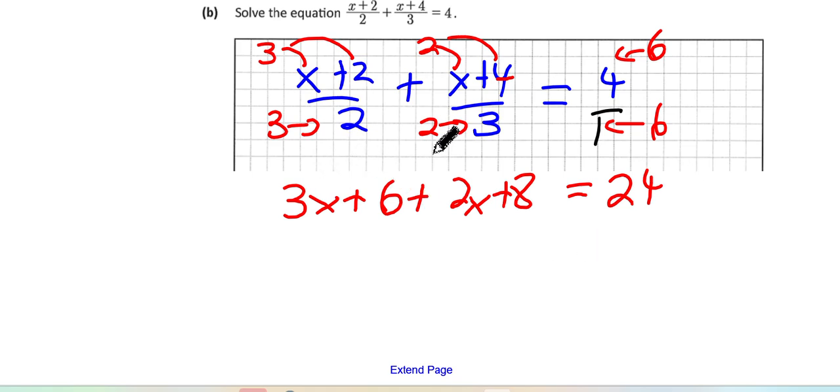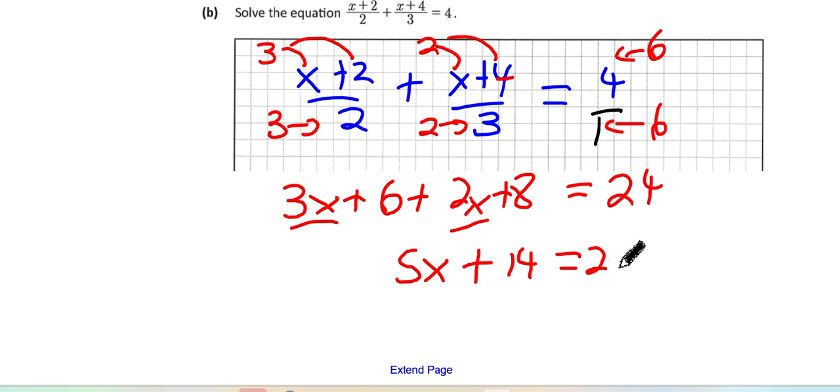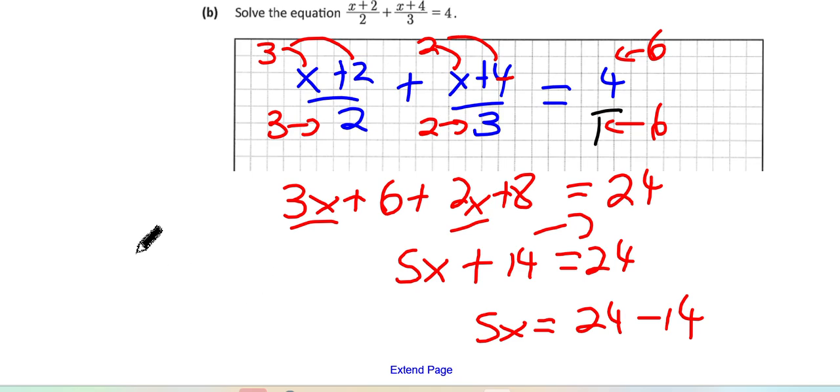24. 3x plus 2x, 5x. 6 plus 8. 6 plus 8, anybody? 14. Bring the 14 to the other side. 24 take 14. 10 divided by 5? 2. Now,